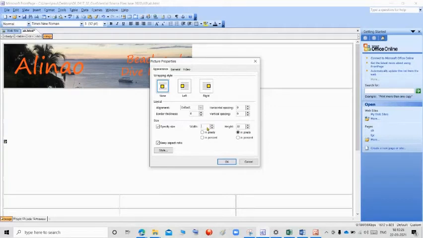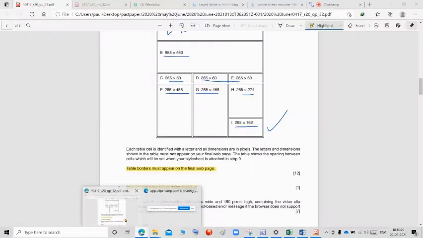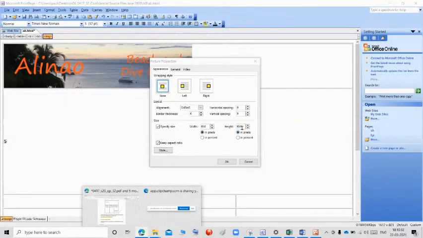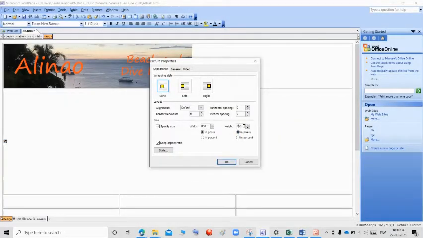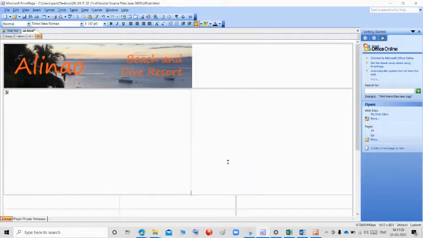Okay, and give 855 by 480. Sometimes if you change this width, the height also will be changed. So if it happens like this, we want to untick that keep aspect ratio. Then the size will be flexible. Okay, so now give this.